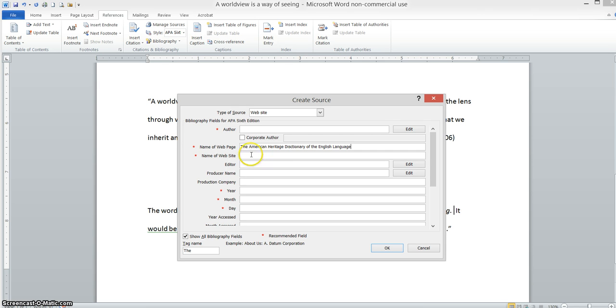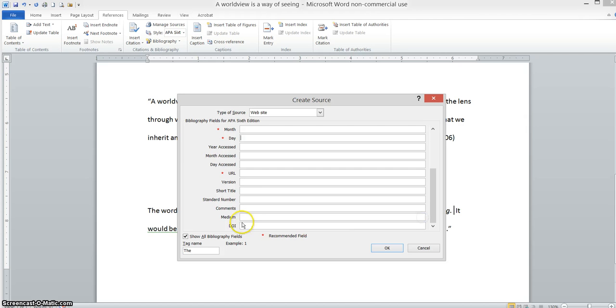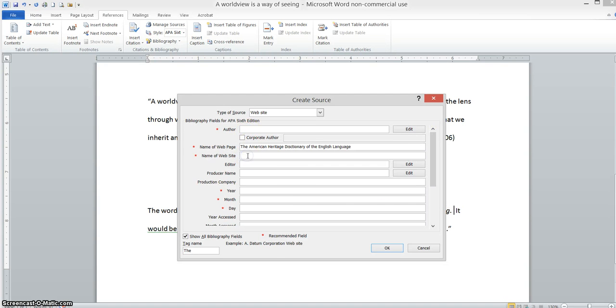All right, so that's the name of the web page. The name of the website is, well, let me go down here and I can show you. Down here we're actually going to put the URL in. I'm going to paste that, but the actual name of the website is just that. So I do a Control-C, that gives me the capacity to copy, and then I can go back up here, and the name of the website is